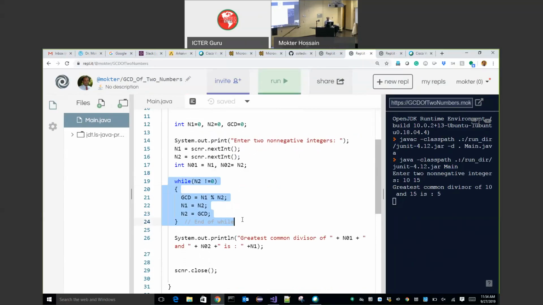There are multiple algorithms to find GCD, but this one is called the Euclidean formula.